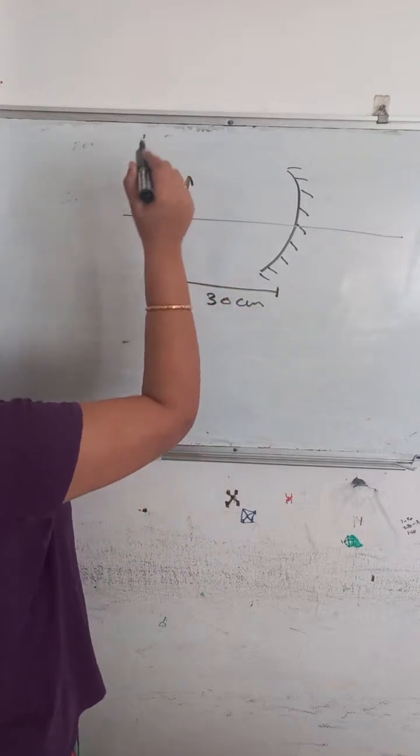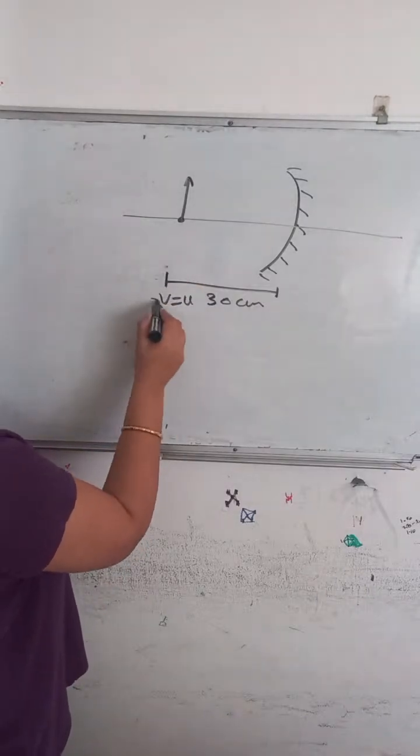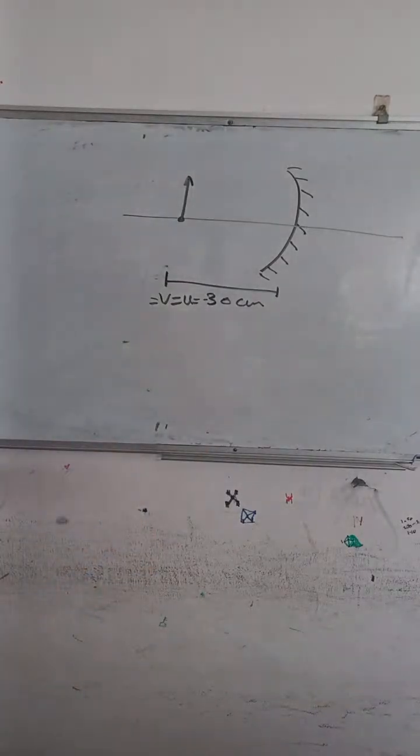Image is also formed here only. V and U are at the same place here, and that is minus 30 centimeter. In this case they are asking the focal length of the mirror. Getting the question? Object and image are formed on this, means image is formed on the same point of that